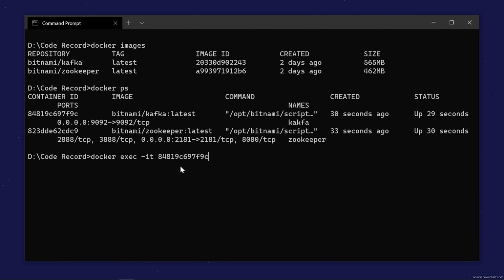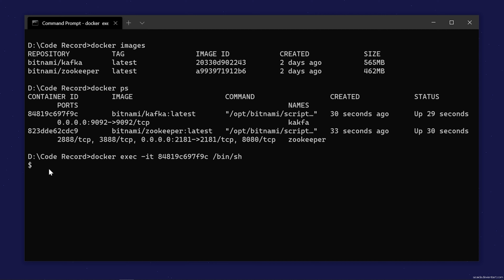Here we'll give the container ID, and then the command to execute on it. I'll be giving bin/sh. This command will be executed on this particular container in interactive mode, so we can again execute commands on it.